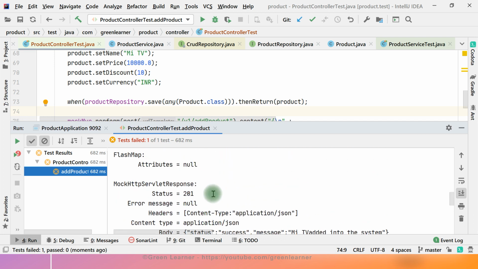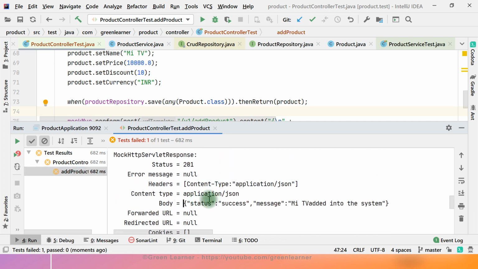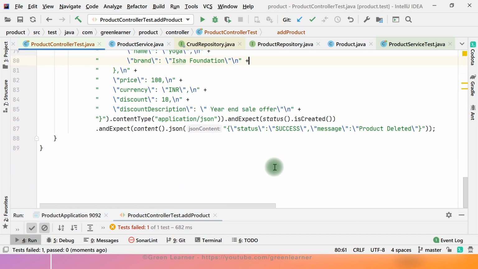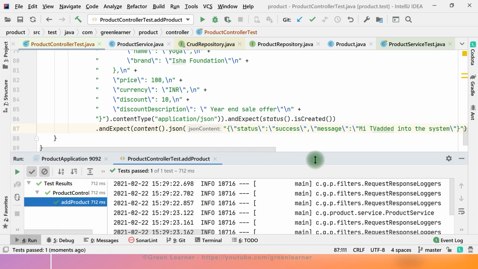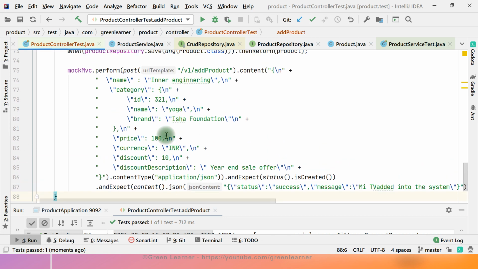Yeah, I know why this error is there. We should have this error message, this response here. Just delete this part here and put this one and run this again. Now it is going to get executed properly. Yeah, this test case is passing now. All right, so this is the happy scenario that we got passed.